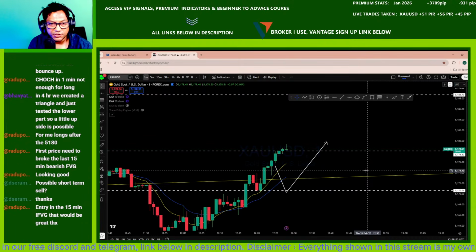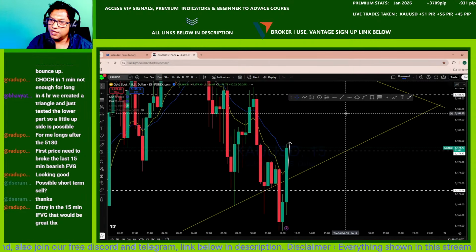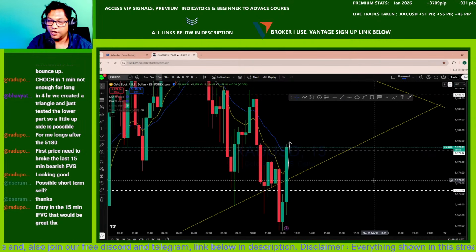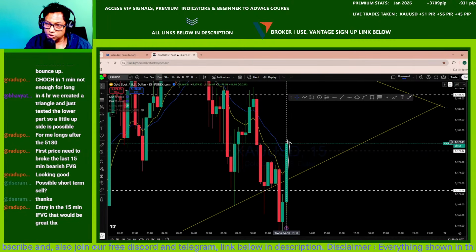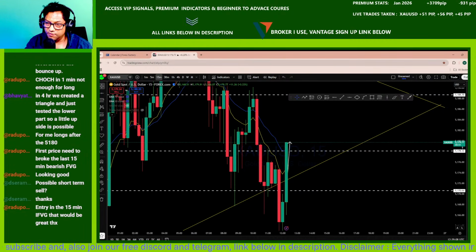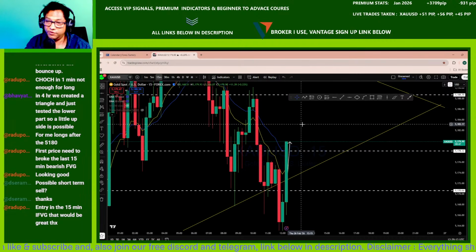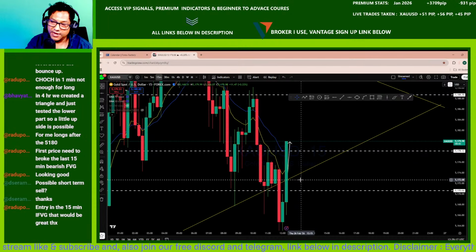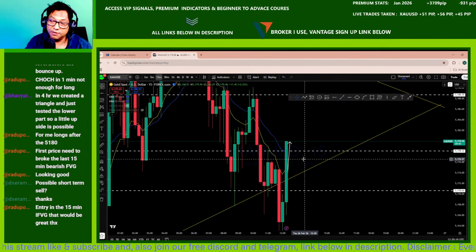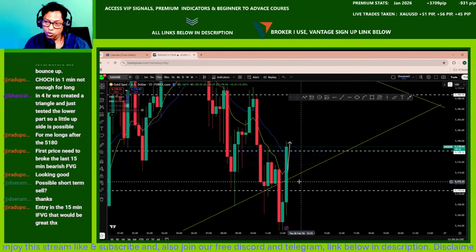An entry in the 15 minute FVG, that would be great. We mean that buy entry for this 50. Yeah, this is what I'm looking at. Now we need this 15 minute candle closing in 1 minute's time. If it goes well above, it's a different story, but after this close, I'm expecting a pullback here. We cannot enter before that pullback, because the market may come even deeper for the pullback.